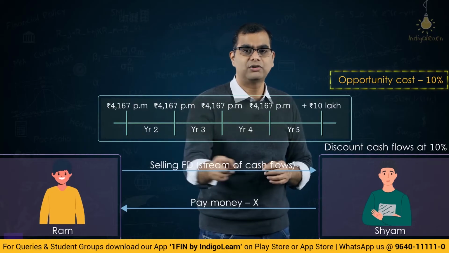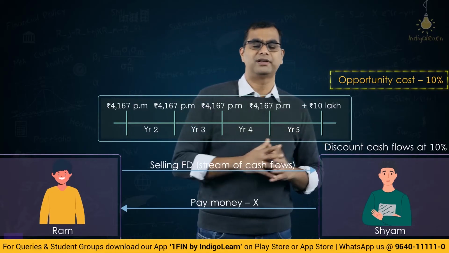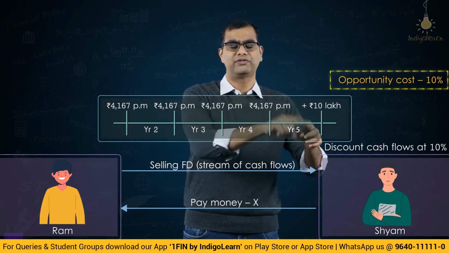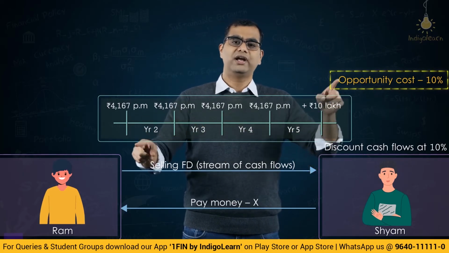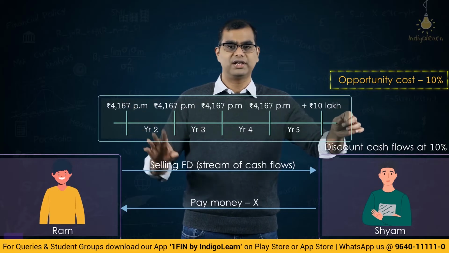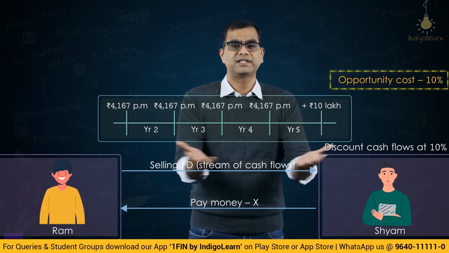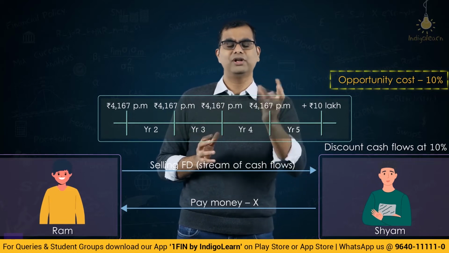I will compute this by discounting all these cash flows, including the last payment after the 4th year. We are in the beginning of year 2, right? So 2, 3, 4, 5. So 4 years are there, right? So at the end of the 4th year or the 5th year from the original date, I will also get that initial 10 lakhs, but all of these cash flows I will discount by 10% and you will compute a number.